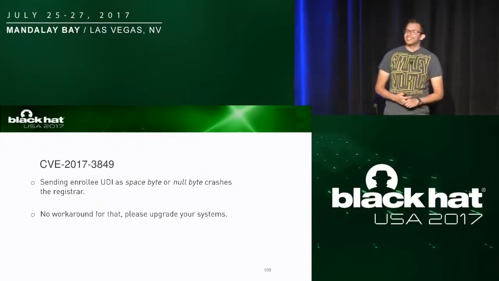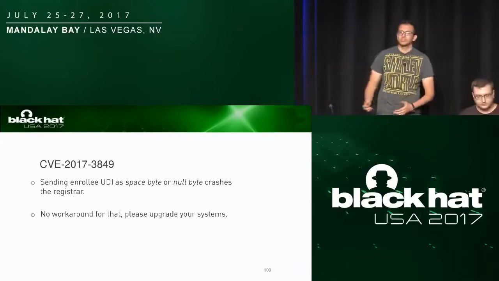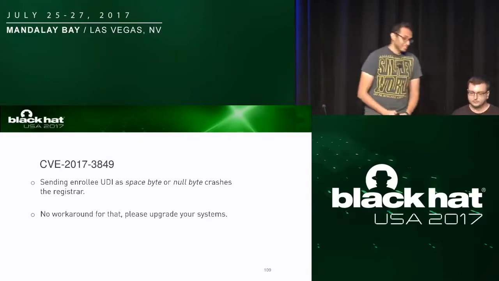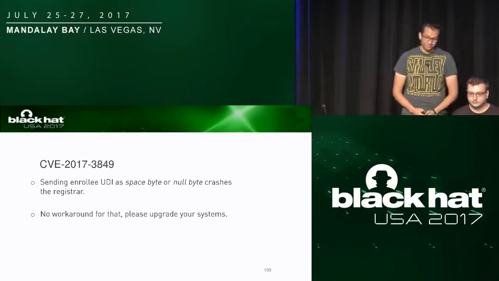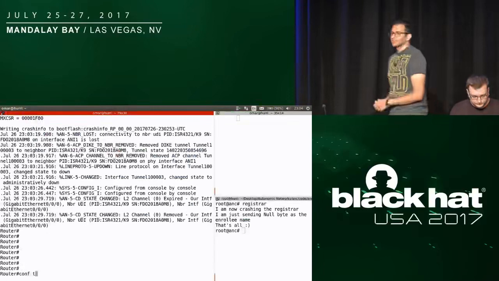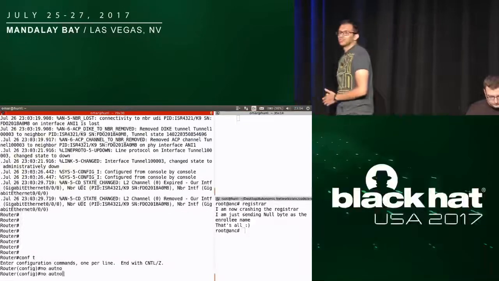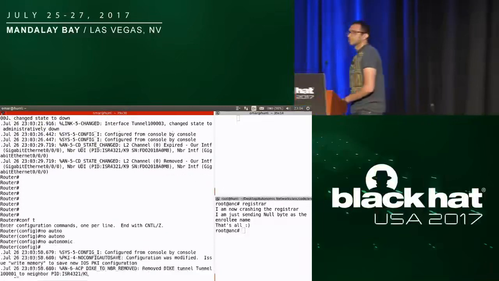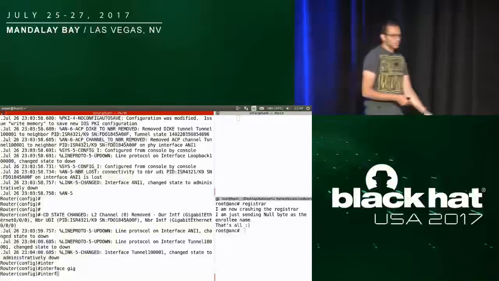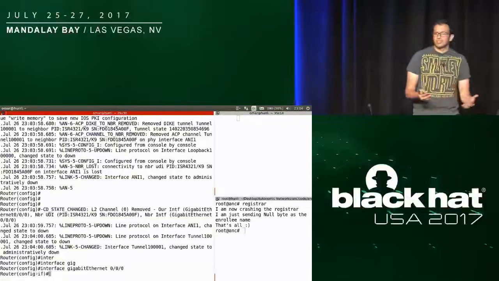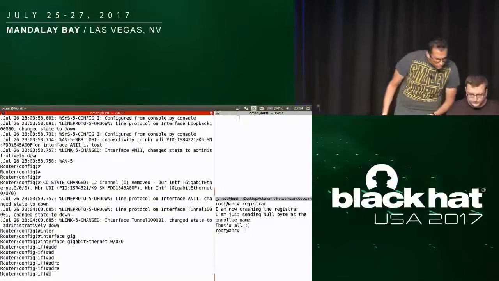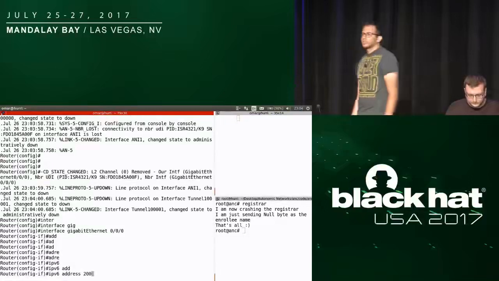Somehow I have no other option. I don't have network anymore, neither register nor in-release. I'll just disable autonomic network. Sorry for that. So yeah, please disable autonomic network on my devices. We will just go to the new device that we just had, go to the configuration mode, and write no autonomic. We would just run our IPv6 normally, so we go to interface gig 0/0/0, and just put a simple IPv6 address for the sake of presentation, something like IPv6 address 2001